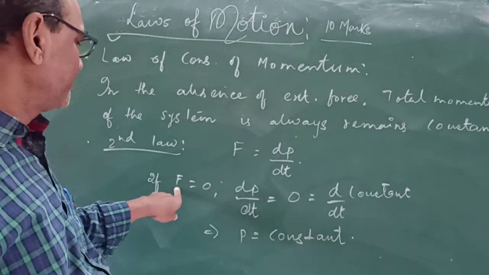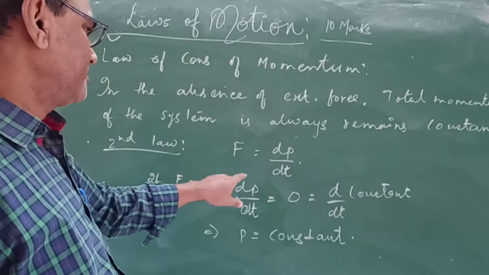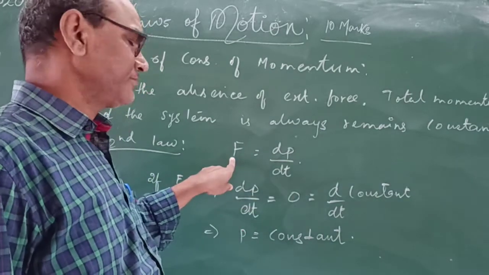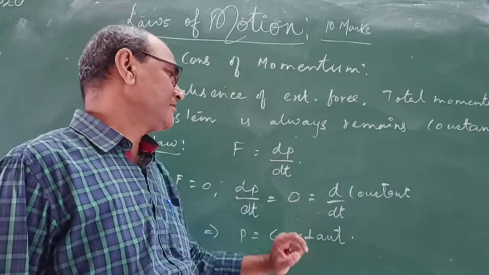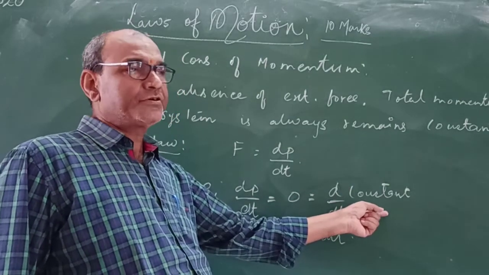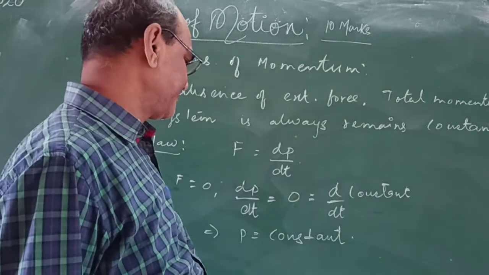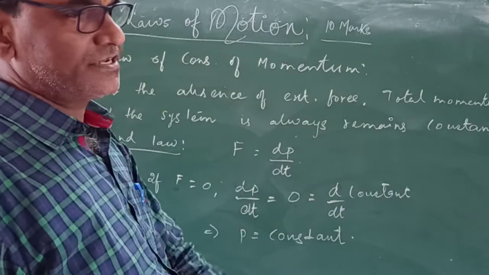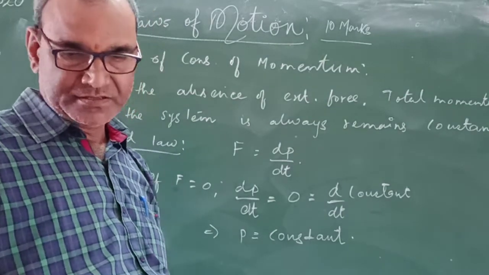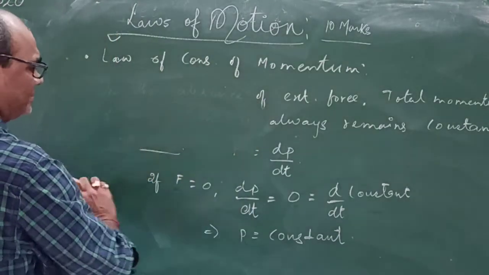Is it clear? In the absence of external force, F is equal to 0. Therefore, dp by dt is equal to 0. Put the value of F is equal to 0. Then we also know that the differential coefficient of any constant quantity is also equal to 0. d by dt cancels out. Therefore, P is equal to constant. Is it clear? Now, if the system is made of